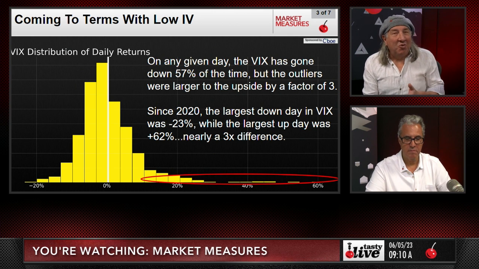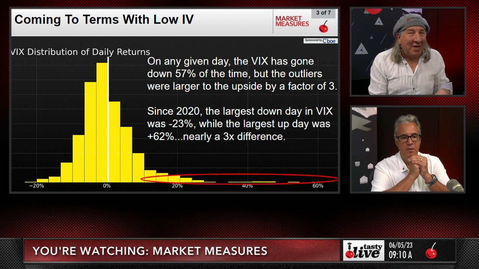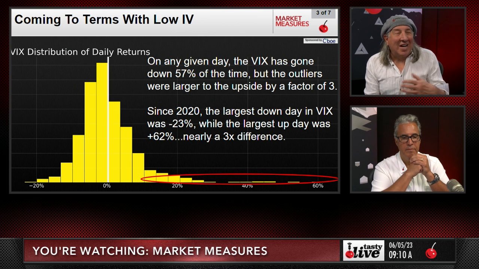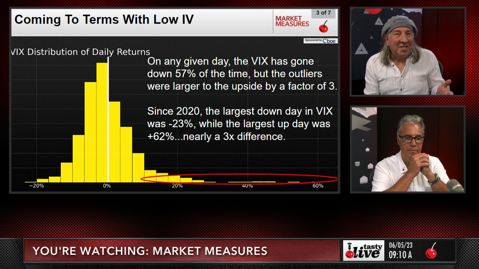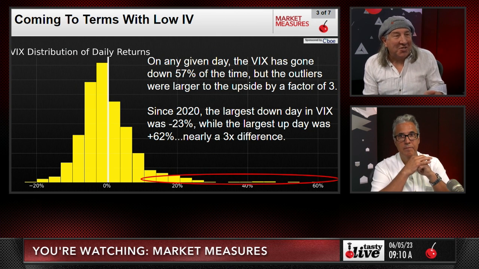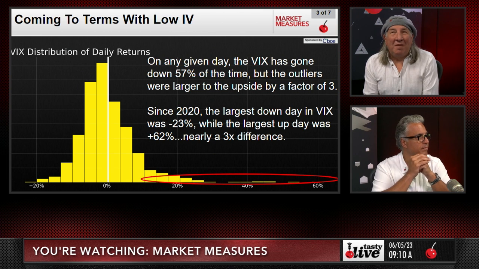That's why skew, the index, is so high right now, because on a percentage basis, if you have really high implied volatility, like 30, you're not going to get something that goes to 90 in a single day. But if you have volatility at, let's just say, 15, and it goes to 25, that's your 60% move, which is possible. That's the whole difference. But let's go to the next slide.